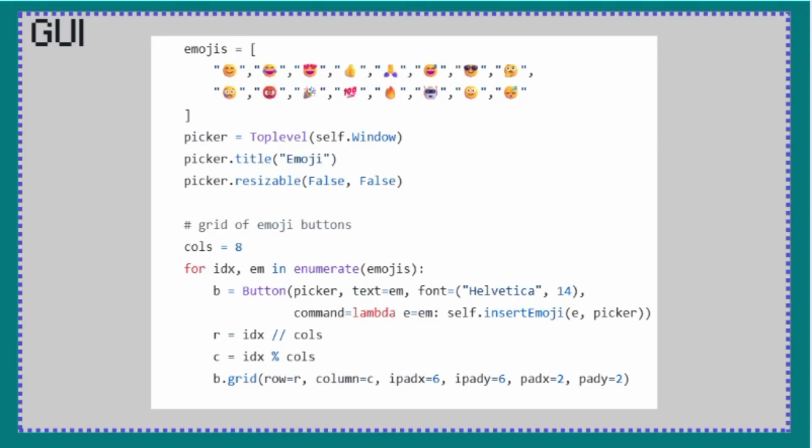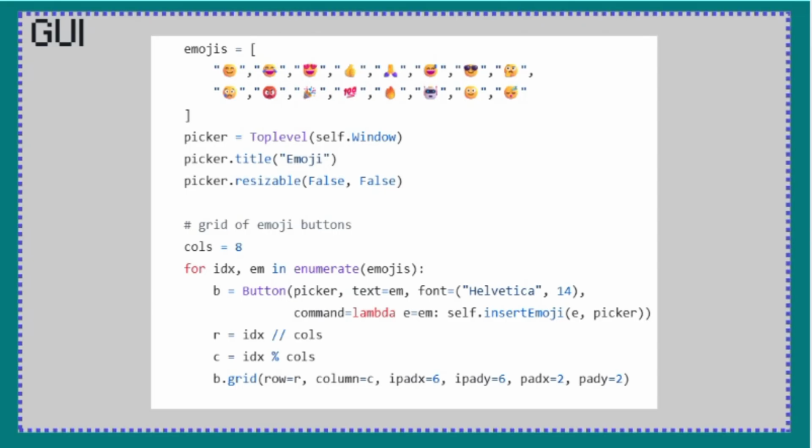The way it works is first you create a pop-up and then you connect it to insert emoji via the lambda function, and clicking on a button inserts the emoji in the entry. And the emojis are organized in an 8-column grid to make them easy to select. The insert emoji logic follows